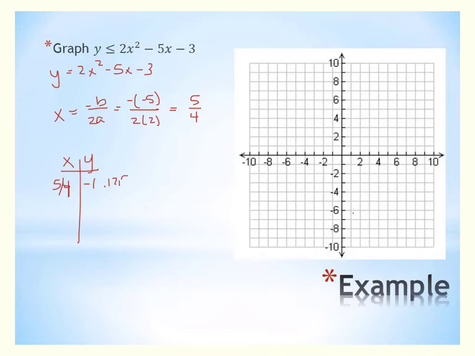Then I might come back and do 1 and 0, and then do 2 and 3. These are not going to be symmetric because my axis of symmetry is not halfway in the middle, so I need to actually figure out what these are going to be. So I get negative 6 for 1, so 1, negative 6, and then if I change those to be zeros, I'm going to get a negative 3. So 0, negative 3. So all I'm doing is plugging these x's into my equation,